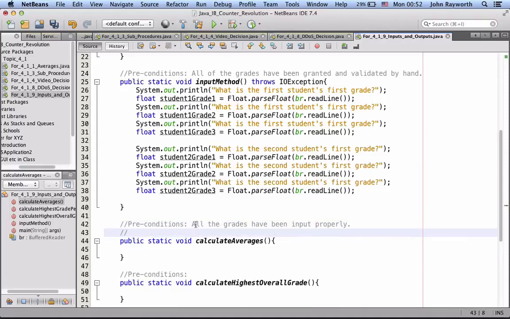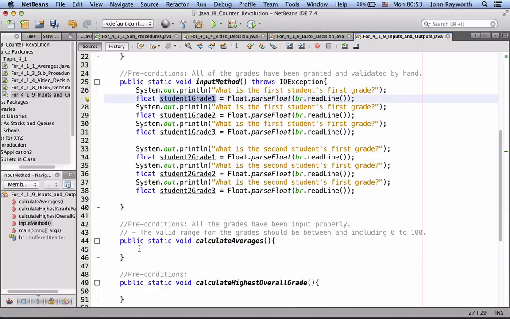And why don't we put as well that the proper range, how about between, including 0 to 100. There's no use running this function and calculating averages if the data is incorrect or has been incorrectly input. So what this is going to do is it's going to add up all these